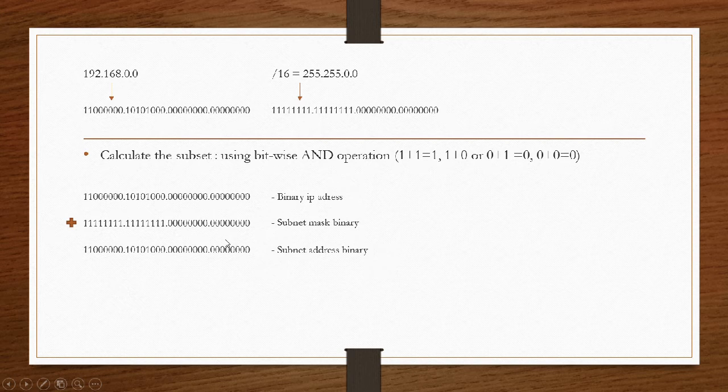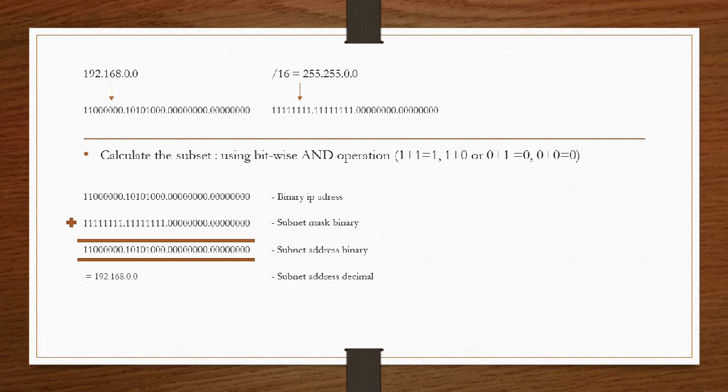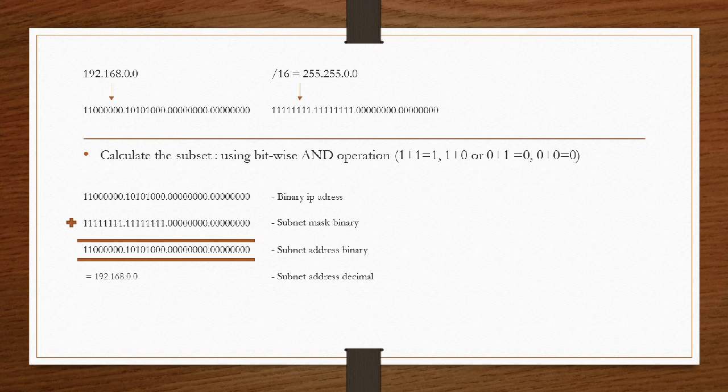So after we got the value, this will become the subnet address binary, and when we convert the subnet address binary into decimal, it will become 192.168.168.0. The subnet address binary will be converted into the decimal. It will get the same value as the binary IP address. So after we get the subnet address binary,